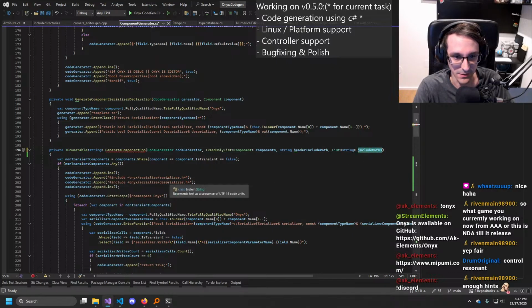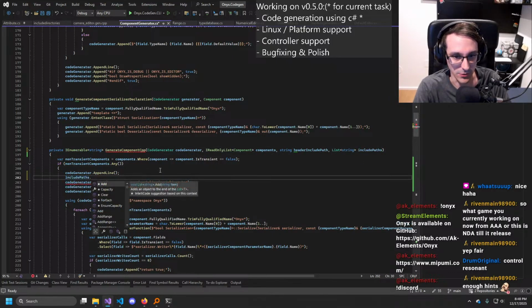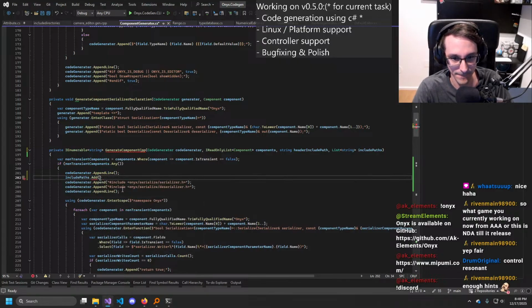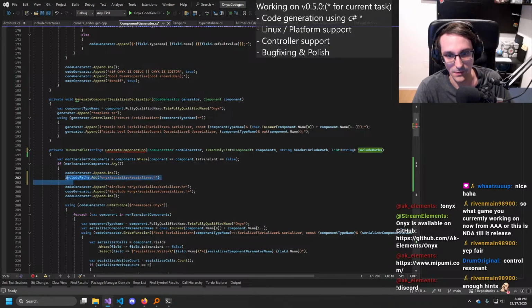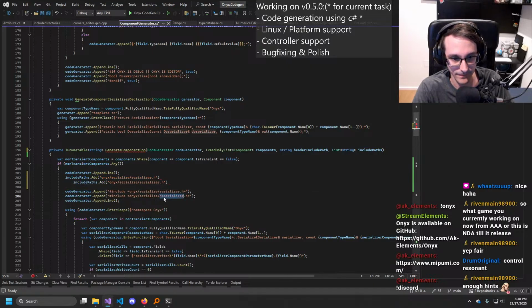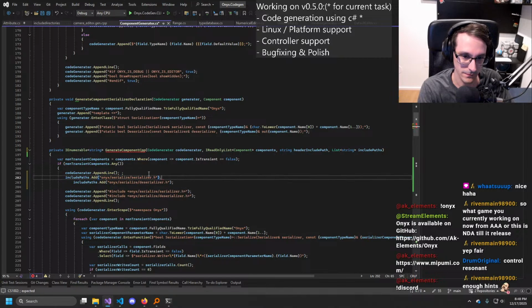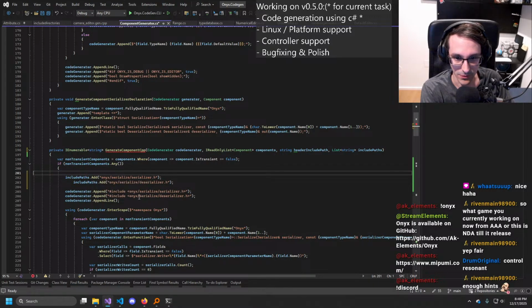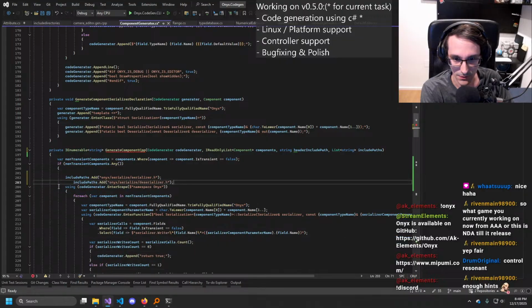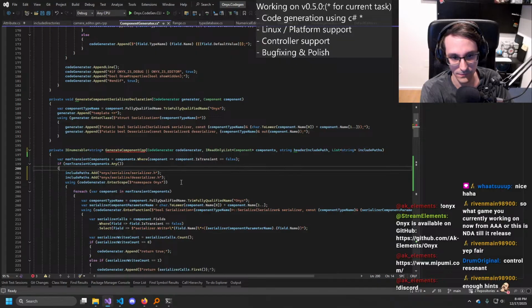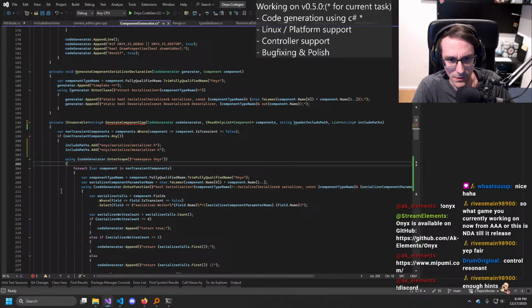So basically this is include path add this and include paths that. Don't do anything here. Don't do anything. And then namespace